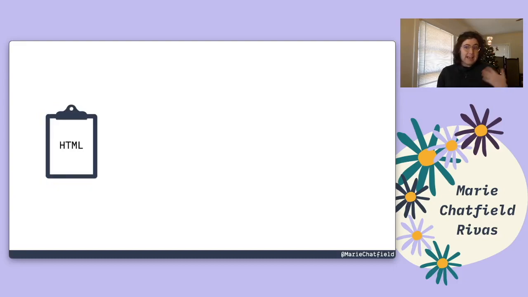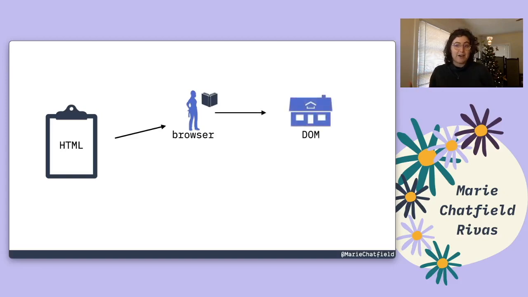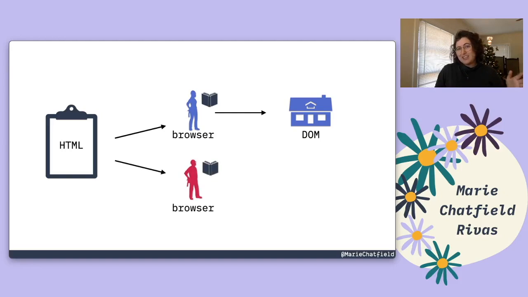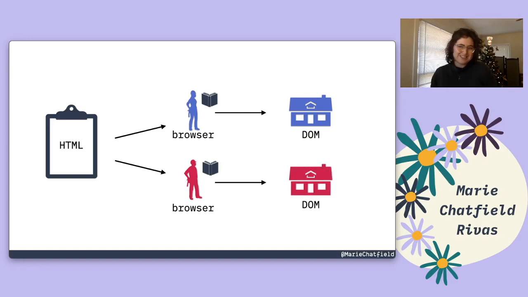There's a metaphor that I think is really helpful in terms of understanding how HTML and the DOM interact. I like to think of HTML as house plans, like construction plans. We can take this text HTML file, send that to a browser, and then the browser will read all of the standards and APIs around the DOM in order to figure out how to actually build a house from those construction plans. And then in theory, if we send the exact same HTML text file to a different browser, it will reference those same APIs and standards in order to build a house that is pretty much the same.